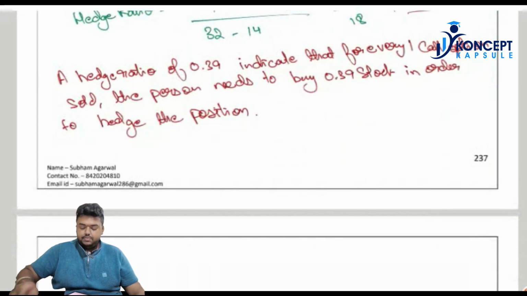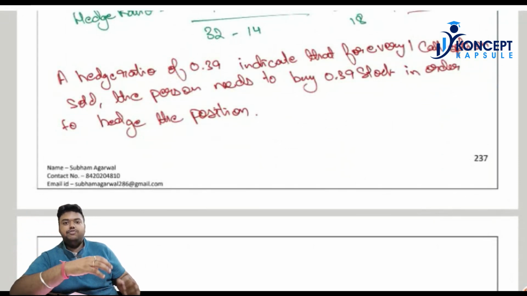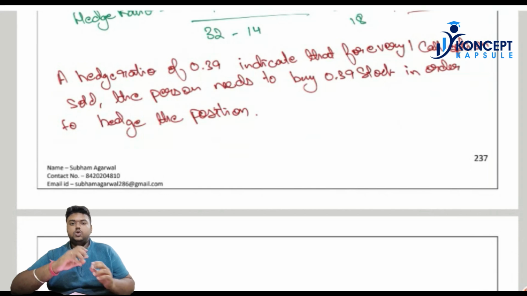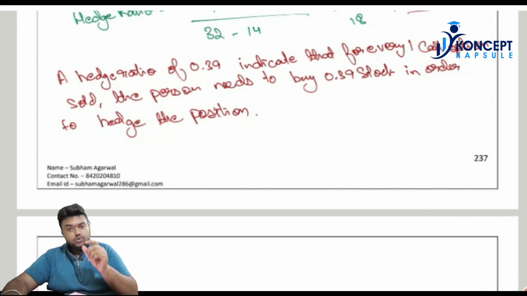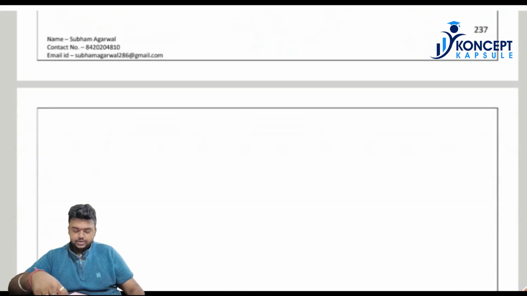So what I've written: a hedge ratio of 0.39 indicates that for every one call option sold by the person, he has to buy 0.39 stocks. Now, assuming that a fractional stock can be bought, otherwise we will have to convert the stock into one and buy the relevant number of options. However, not increasing the complexity of the question, what we will assume is that